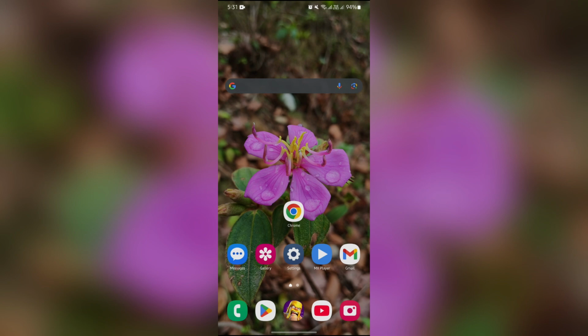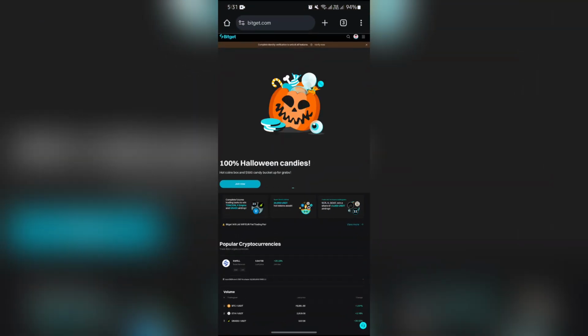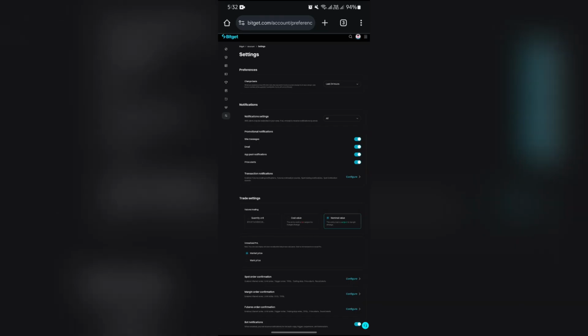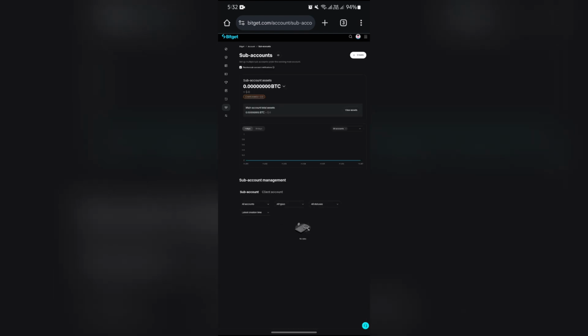In order to create that, you simply have to open your browser in desktop mode. Then tap on your profile, and you will get the option of sub accounts. Select sub accounts. Sorry, I mistakenly selected settings. Now go back to sub accounts, and after selecting sub accounts you will see the create button